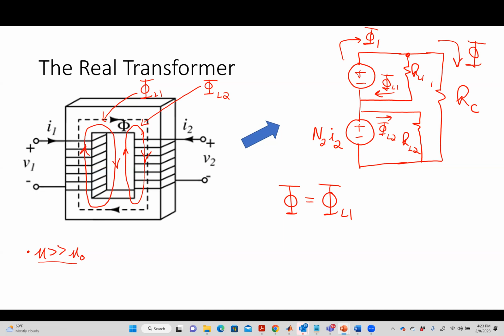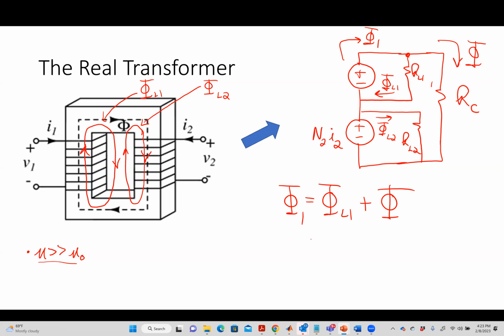Phi 1 is the flux. If I was saying the mutual flux, I'd put an M on it, right? It's just the total flux. The flux linking coil 1 is whatever phi L1 is plus whatever phi is. Okay. If I were to go through this thing and do some analysis on it,